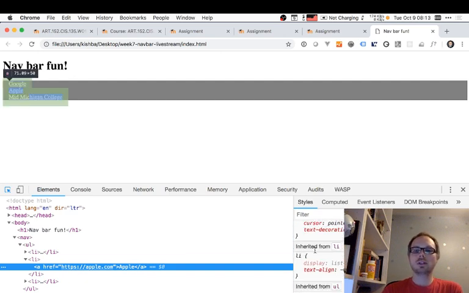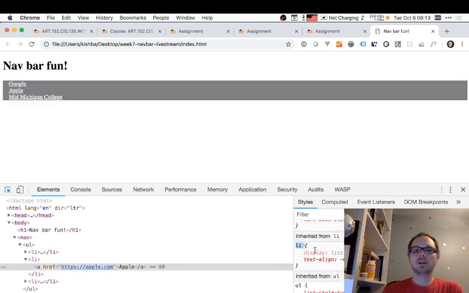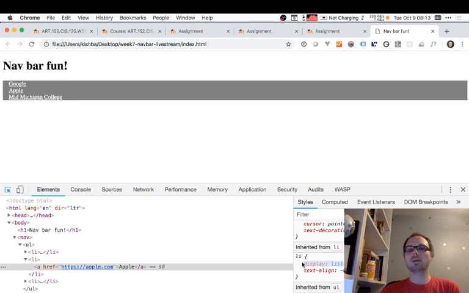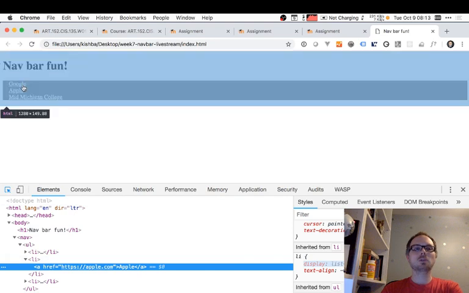But if I scroll down far enough, we will get to LI right here is display list item. And I was hoping that I was going to see that the anchor tag itself is a display inline, but it looks like list item is what is winning out here. So these, in particular the A, which is a display of inline,